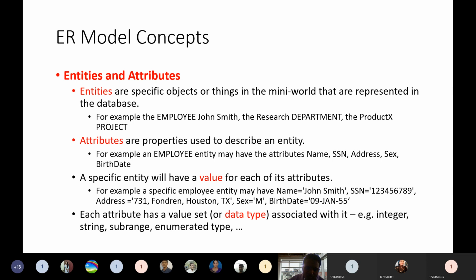One column will hold the details about one attribute, and one row will hold the details about one entity. If there are 10 rows, there are 10 entities. If there are 5 columns, there are 5 attributes per entity. So: entities, attributes, and then the value for the attribute.